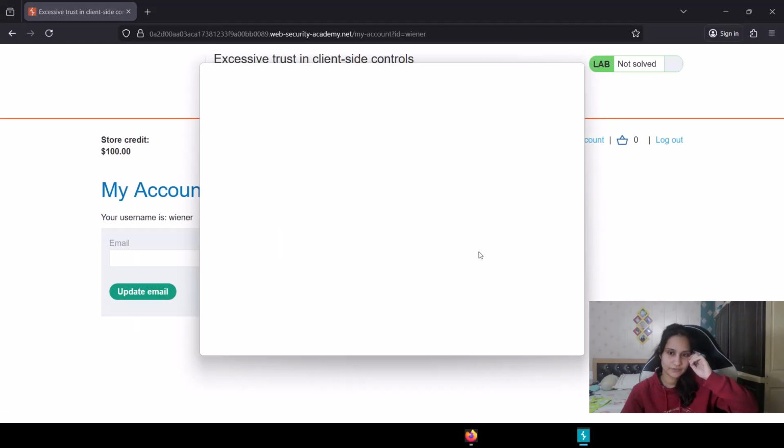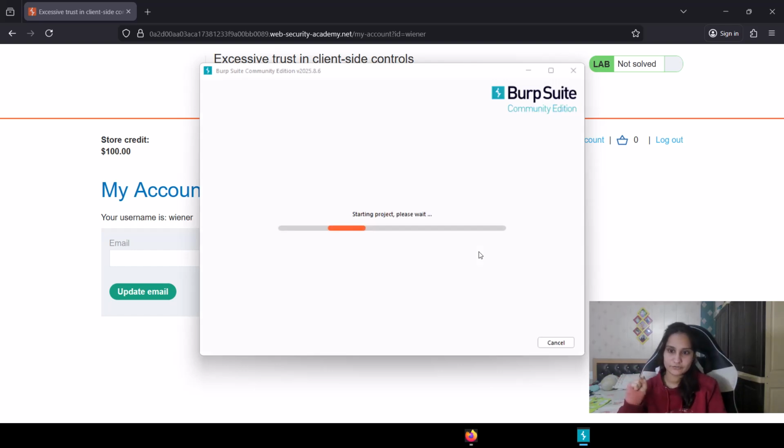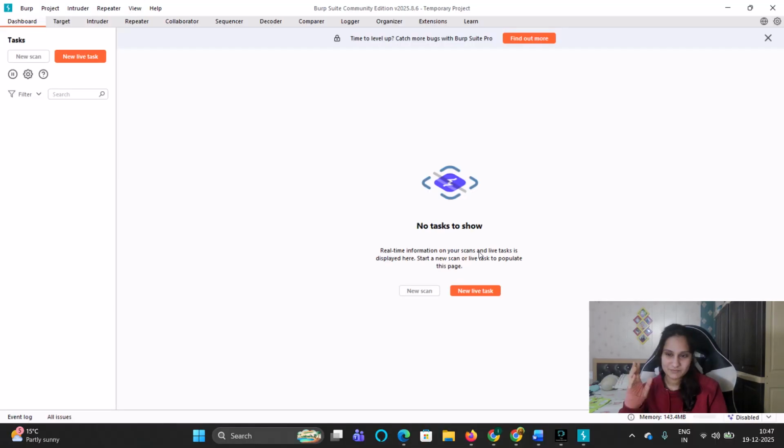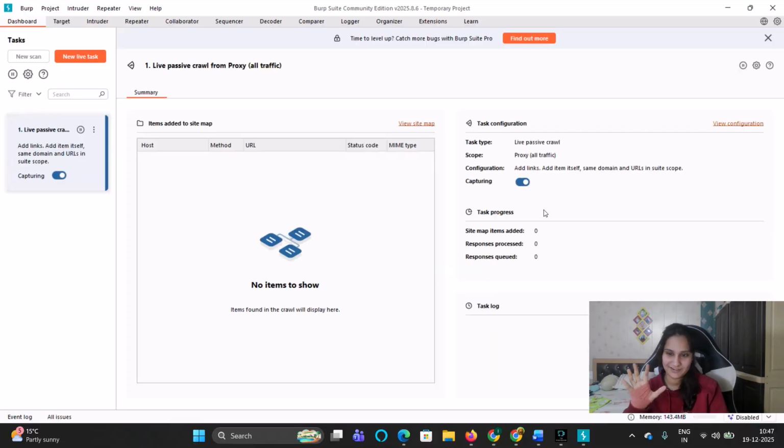It's still taking time. I don't know what has happened to it, but it is taking a lot of time to open up. Sometimes, due to so many things open on my system, it takes a lot of time. I guess it's time to change the laptop, or to upgrade the RAM of the laptop. Seems like I have to get the upgrade, because yeah.